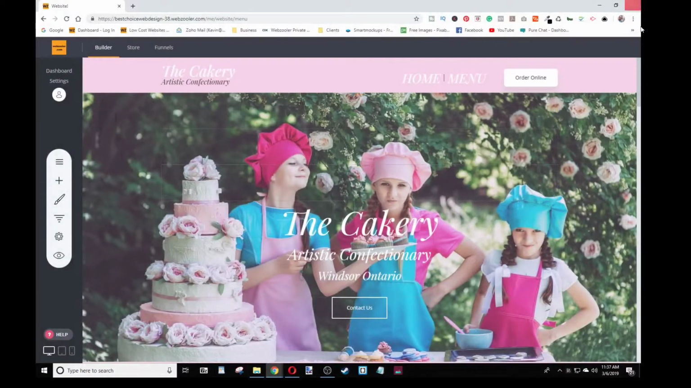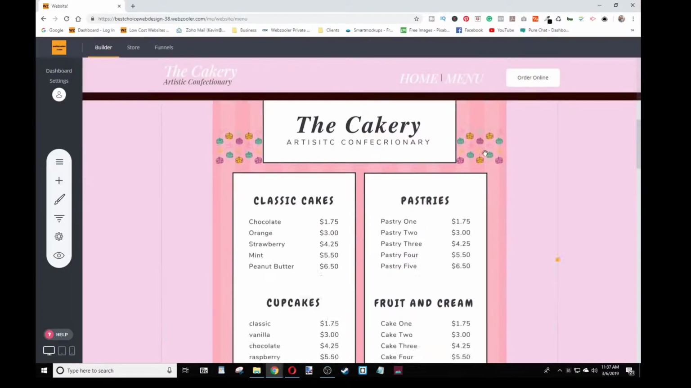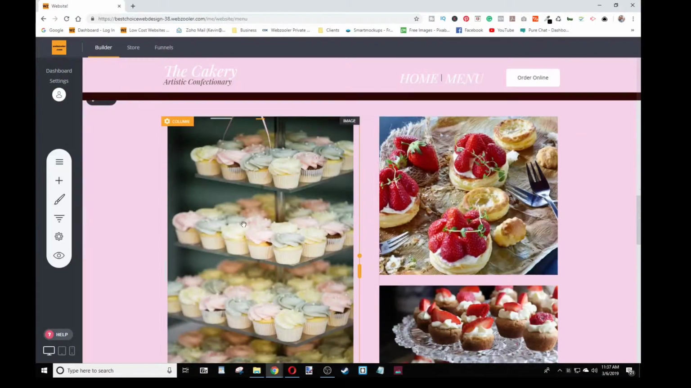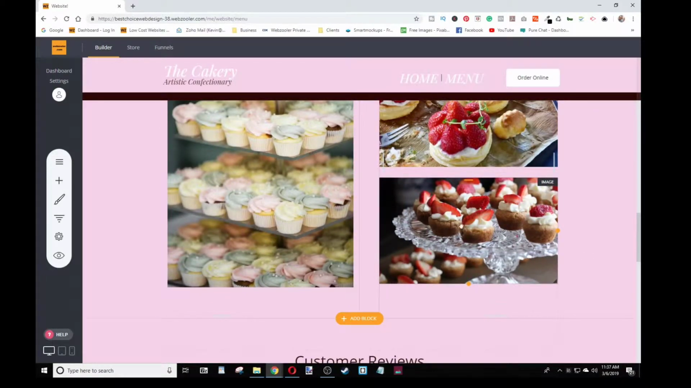Hi, I just want to demonstrate how we're going to change some content in your website. So what we're going to do is decide what we're going to change. In this case, we're going to change this photograph here of the cakes on a glass dish. So I'm going to click on the image I want to change, and then click the pop-up edit